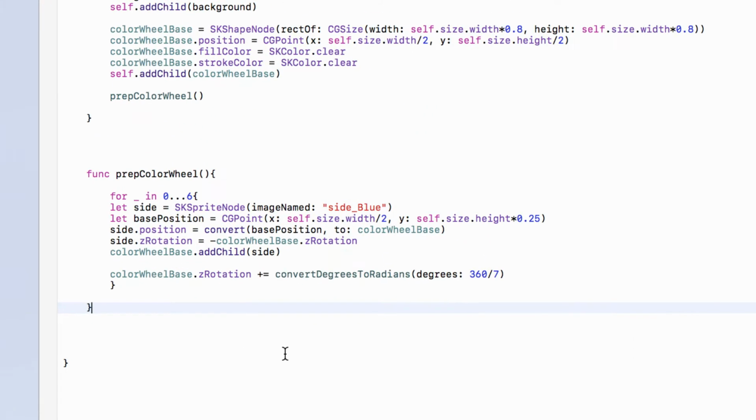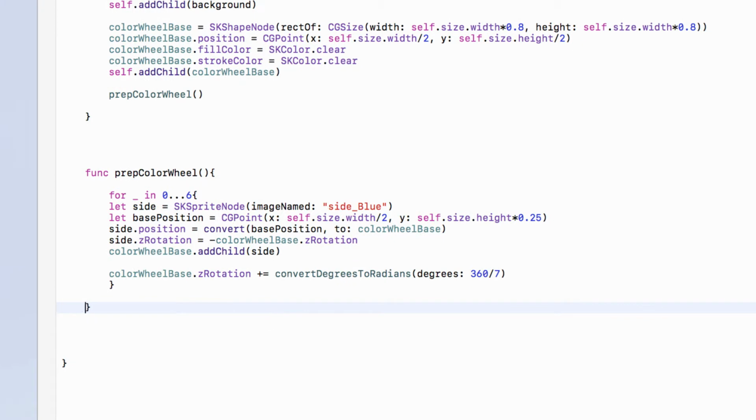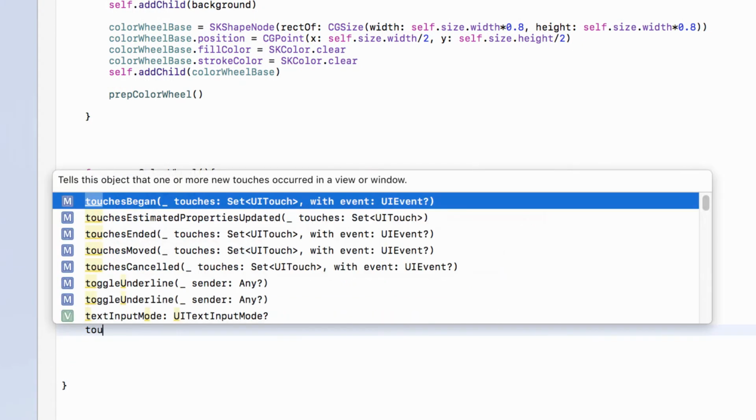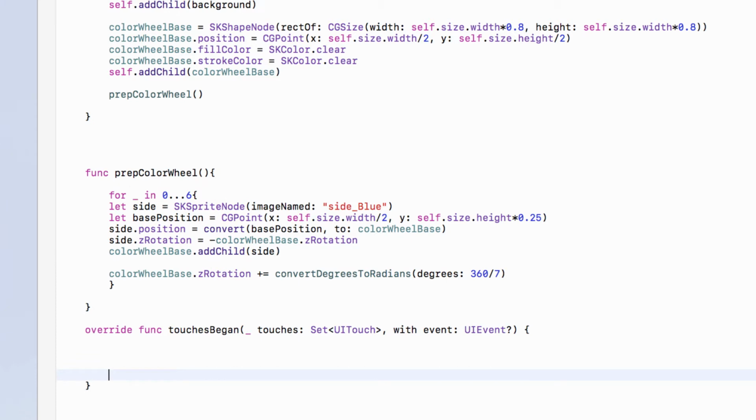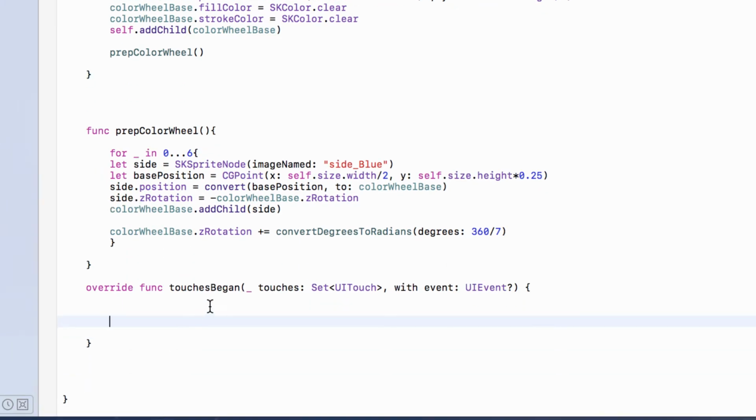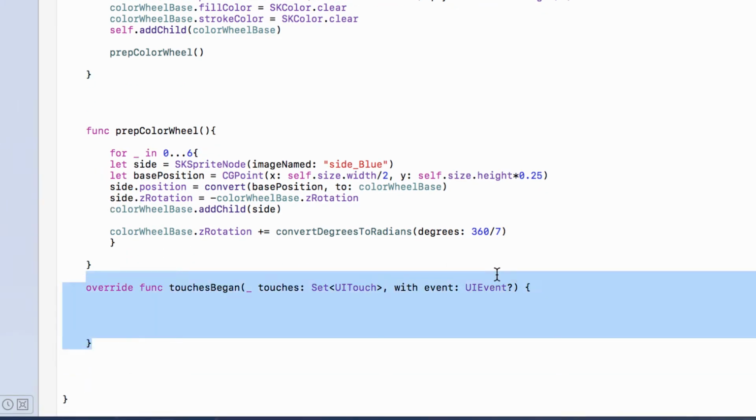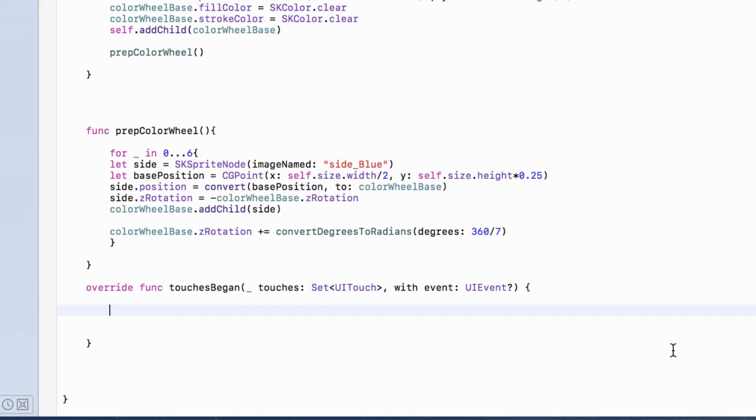So as we want this to happen when we touch the screen, outside of any other functions, we will set up our touches began function. And this here will run when we tap on the screen. So anything between these two curly brackets is going to run when we tap on the screen. So all we have to do is set up and use an action to make our colour wheel spin. So a different side will move to the bottom of the colour wheel. We want this to happen over 0.2 seconds, so it's quick, but we can still clearly see the colour wheel